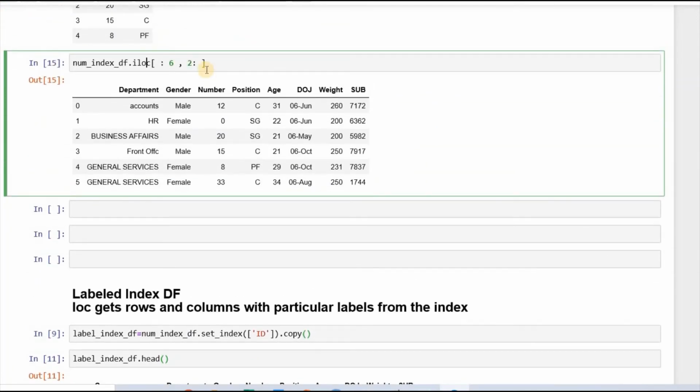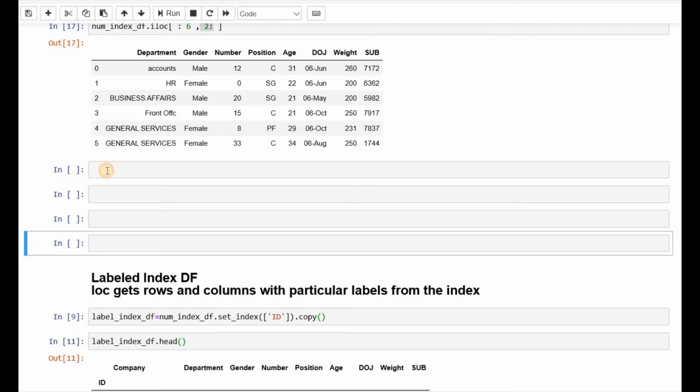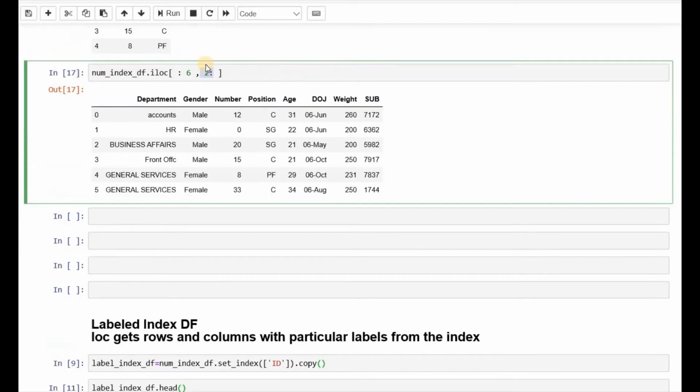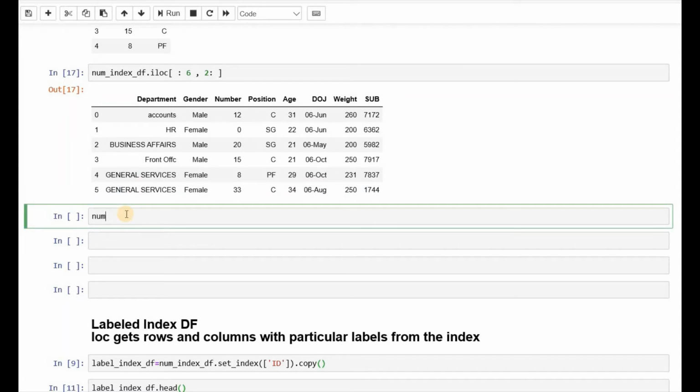Okay, there's one more thing that I want to show. Most of the time we have the rows in numbers, but the columns are level columns. So can we use iloc where we pass a number for the rows and provide a level in the column header? Let's see if we can do that.